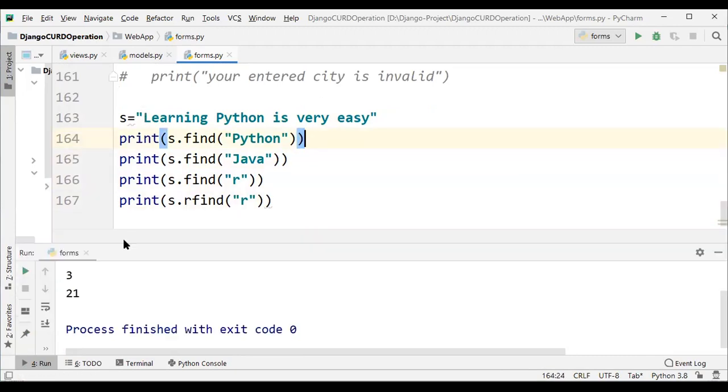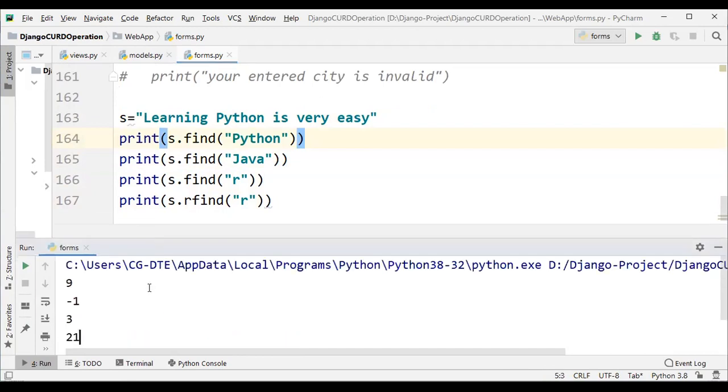21 is the result when searching R find. R find is for the backward direction. It is the backward direction, but it is calculating from left to right. I will show you left to right.